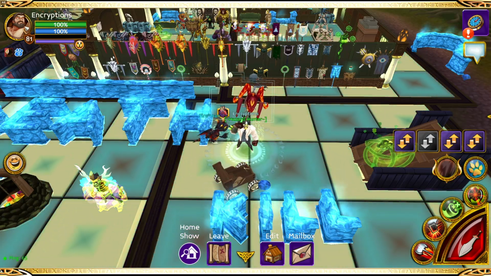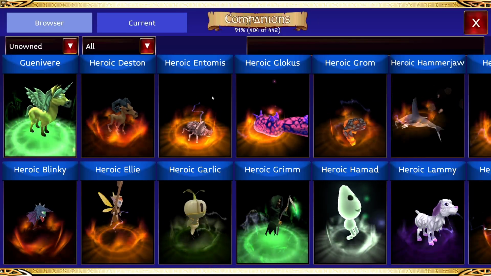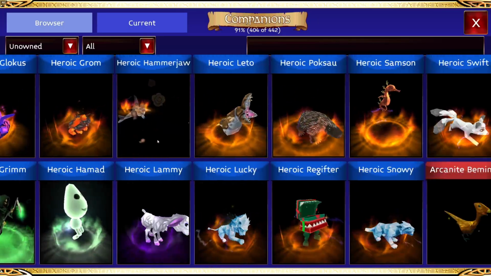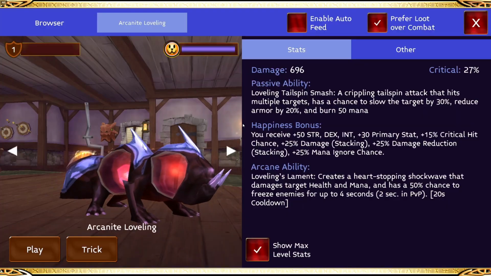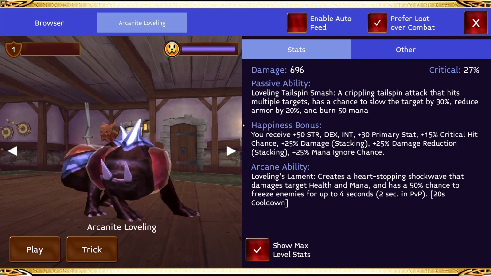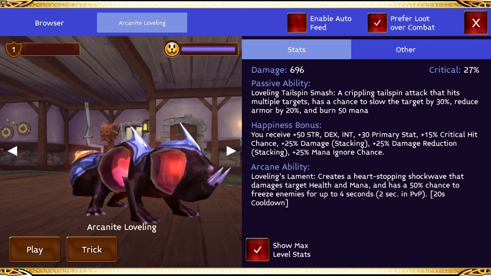So now on to Rogue. Rogue is the most diverse class out of the three when it comes down to pets, because if you're a new rogue, I would highly suggest getting Arcanite Leveling. This gives you a good stat boost on damage, and it gives you 25% damage reduction